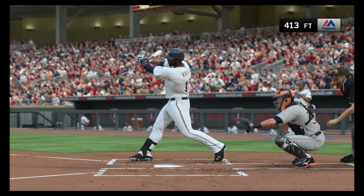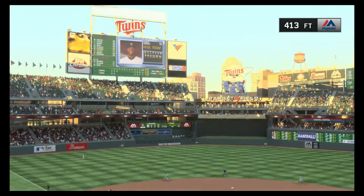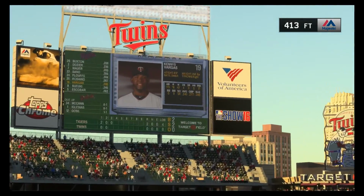This is just their first hit of the night, but what a hit it was. He squares up on this thing perfectly and just drives it over the wall. That had some serious hang time to